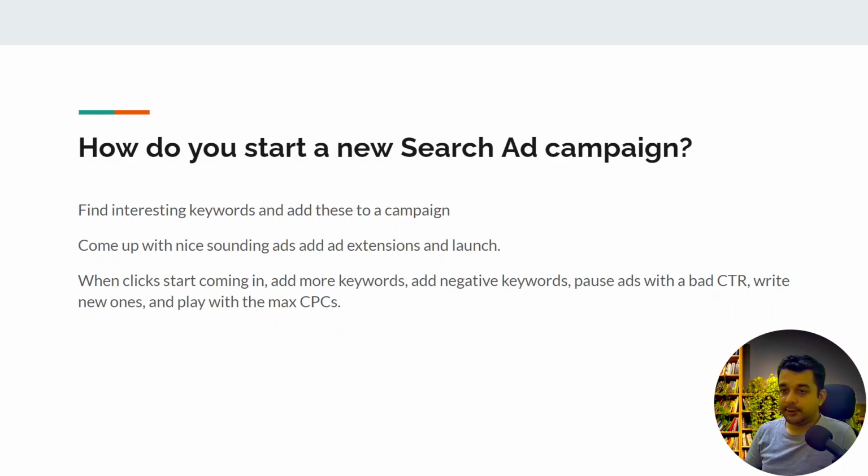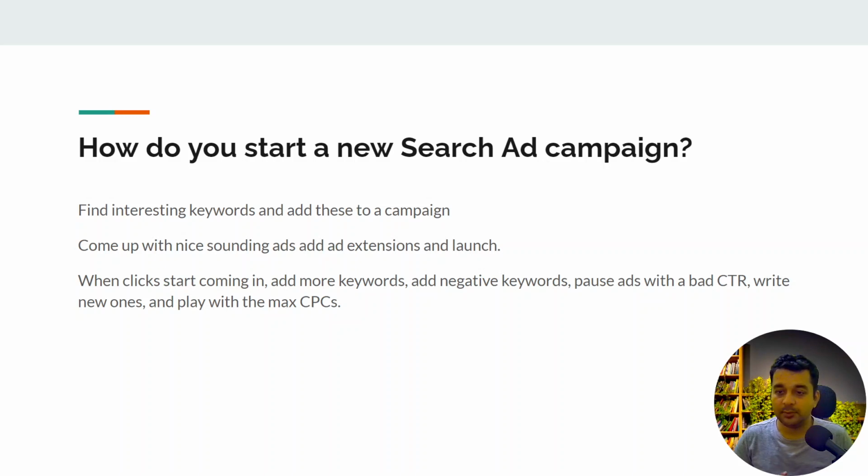So let's start. How do you start a new search ad campaign? Whenever we create a new search ad campaign, we find interesting keywords, add them to the campaign, create the ads, add the ad extensions and launch the ads.